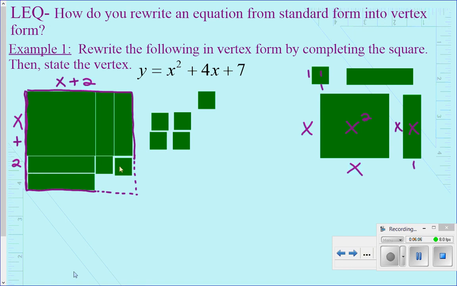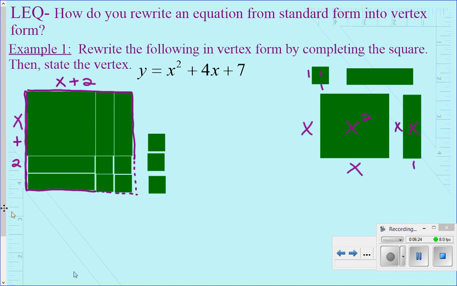And I can see that it's going to take 4 of those 7 to complete the square. Okay. So I'll just keep those additional 3 out of the complete square. I have the complete square here, and I have 3 additional 1 by 1s. So if I want to rewrite this equation, which is currently in standard form, if I want to rewrite it